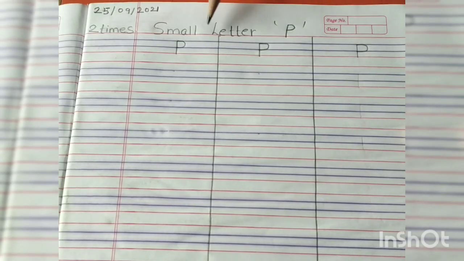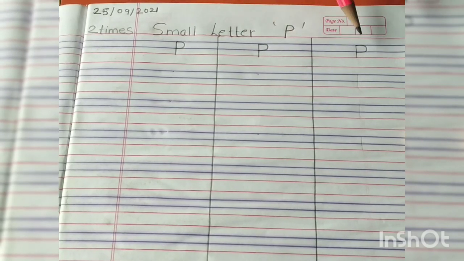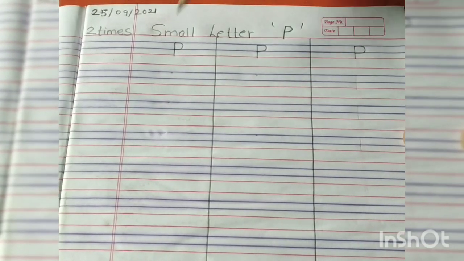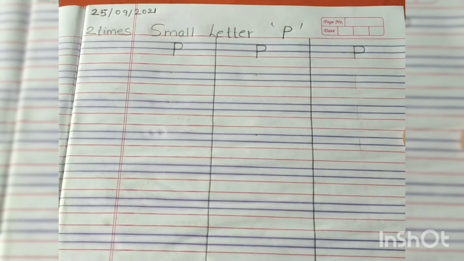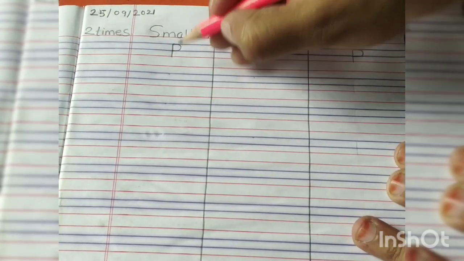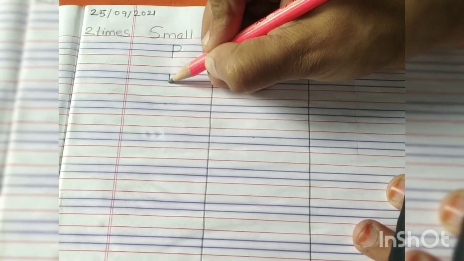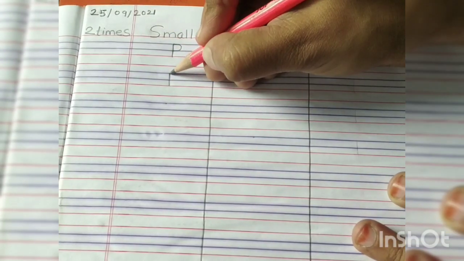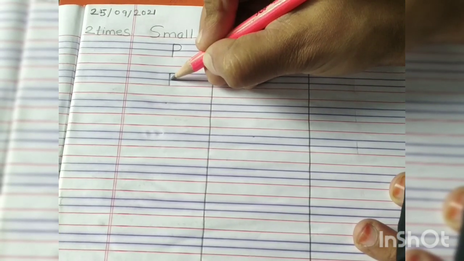Now can you see this, children? This is small letter P. Now parents, can you see this? I have written this first line. So please write the first line in your child's notebook so that they can easily complete the whole page. We have to write small letter P from first blue line to second red line and draw a curve in between blue lines.